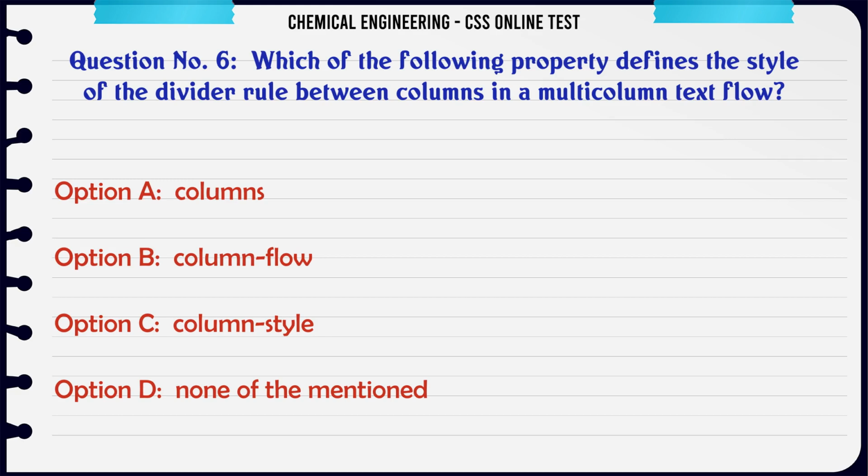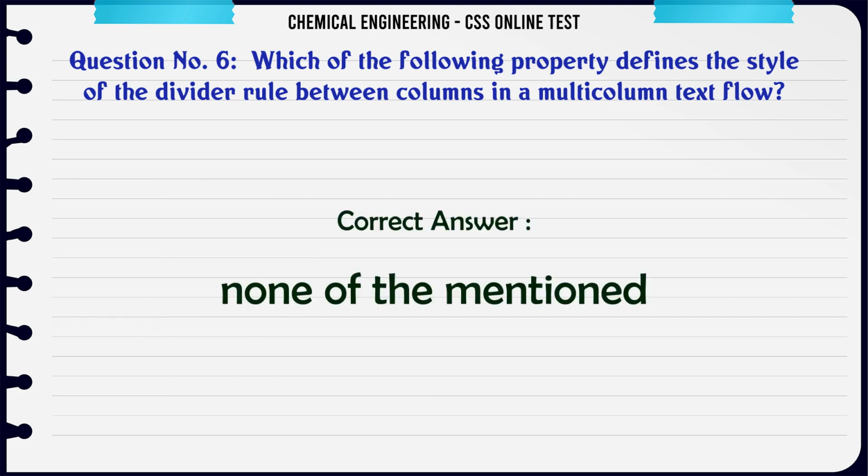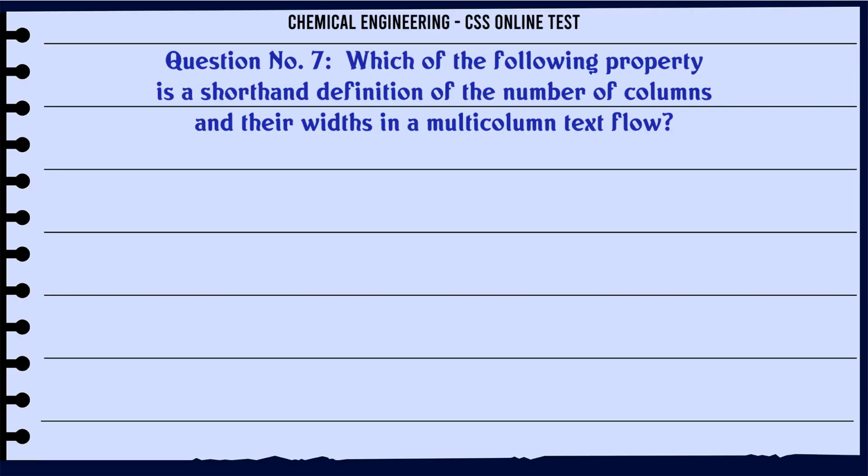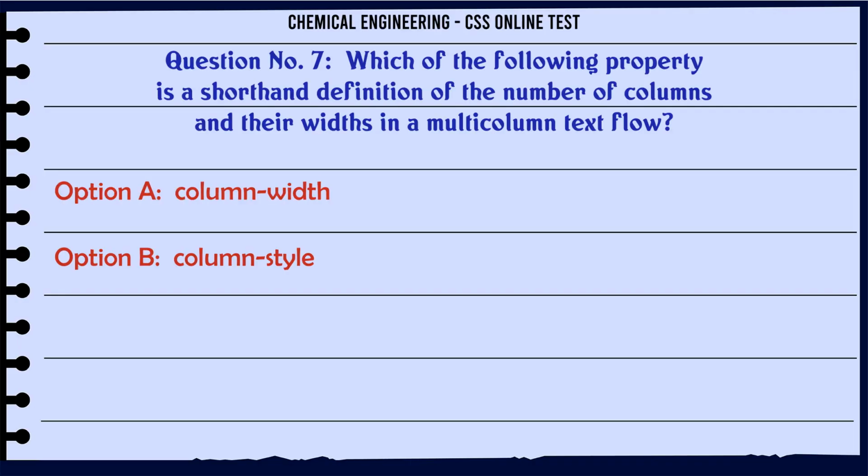A. Columns. B. Column flow. C. Column style. D. None of the mentioned. The correct answer is none of the mentioned. Which of the following property is a shorthand definition of the number of columns and their widths in a multicolumn